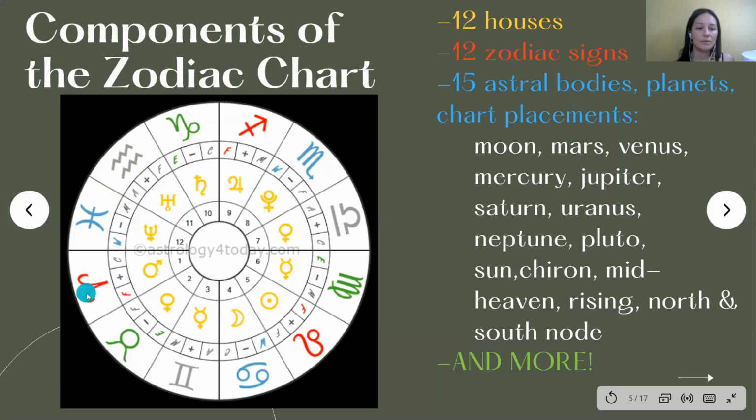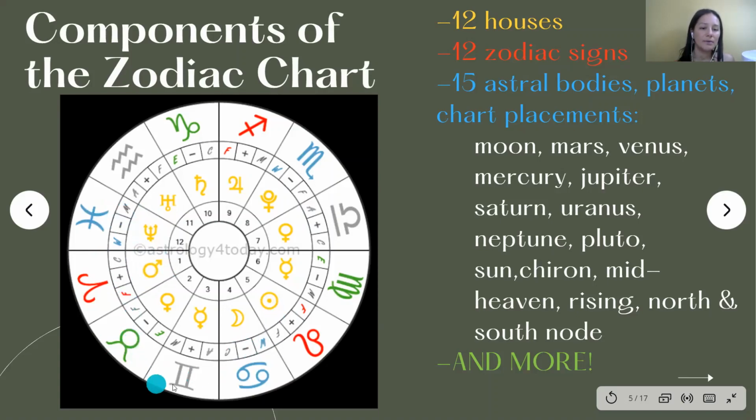We've got the zodiac signs. This is Aries right here. This is where it all starts, the beginning of the zodiac. Aries is March 21st, that's the beginning. And then it goes all the way through to Pisces, which is right here. So this is the alpha and the omega, and then it repeats.